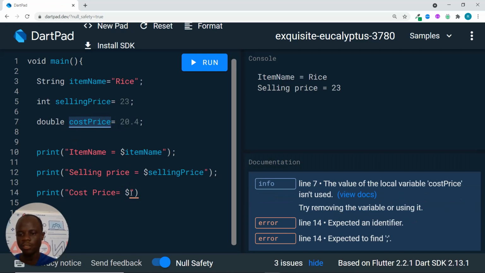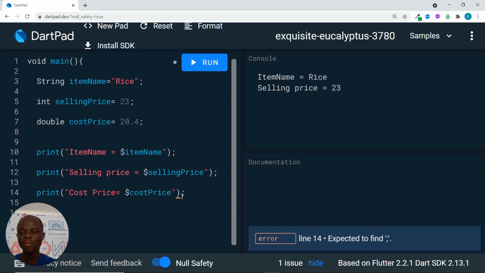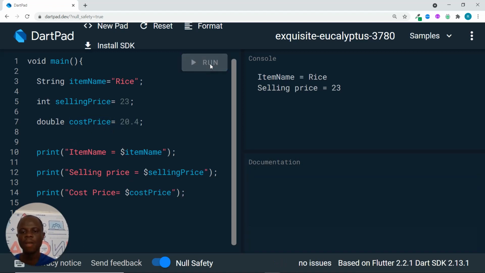Now if I run the app again, we should see our item name rice, our selling price is 23, and our cost price is